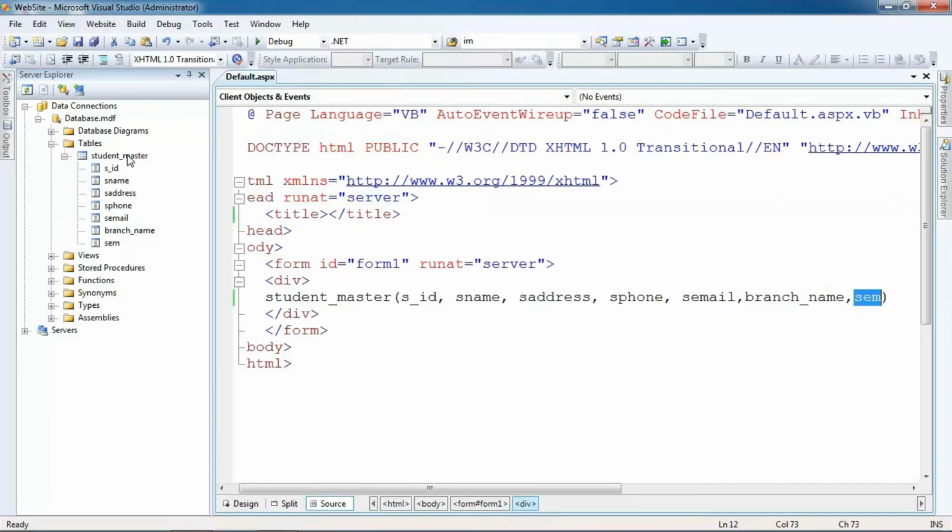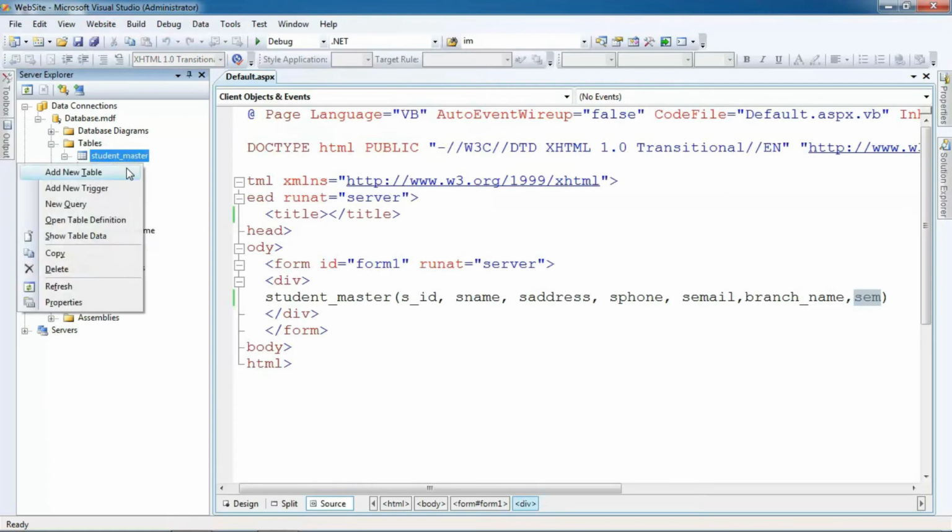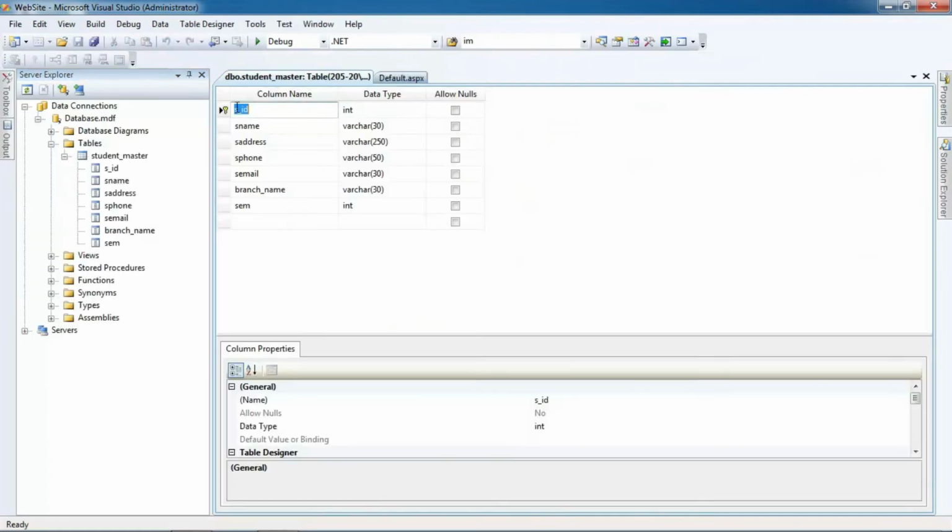Now if you want to change some definition or size of any attributes, you can do it as well. Just right click on this table name and go for open table definition. You have your table and you can change. For example, now we are changing to s_name, then we'll go for s_address and s_phone, s_email, right?